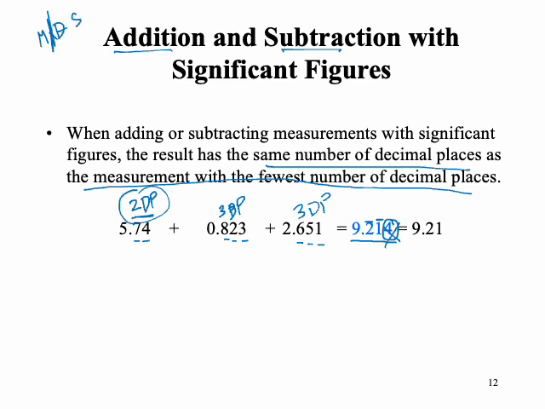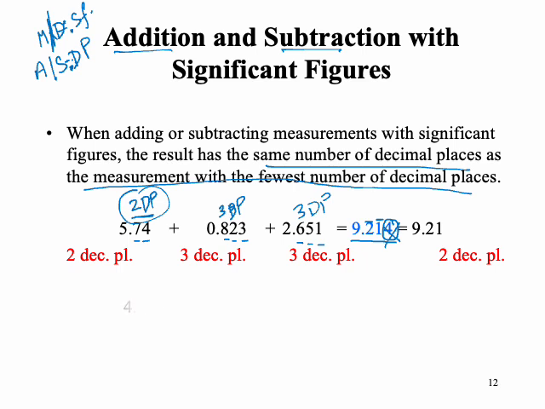In this case, we look at least number of sig figs. But when you're doing addition or subtraction, you look at least number of decimal places. Those are the rules that you should remember. Okay. Another example,